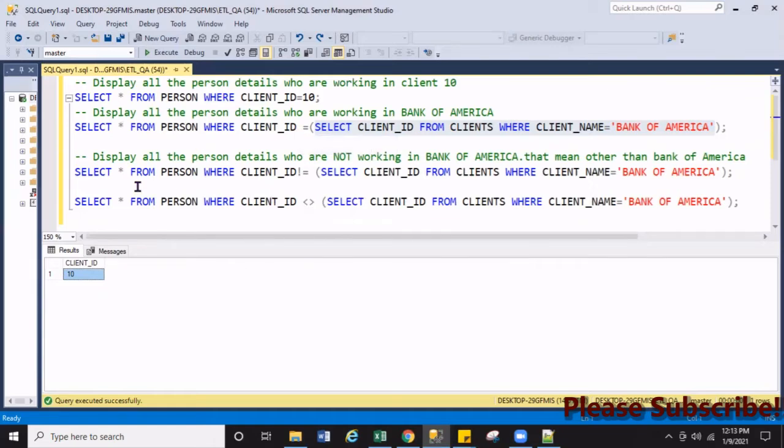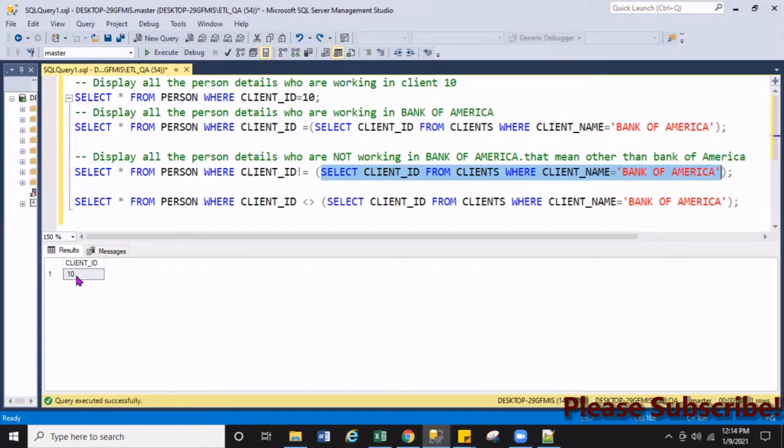Similarly, display all the person details who are not working in Bank of America. That means they are working somewhere other than Bank of America, right? Again I find the client ID of Bank of America by writing the subquery, and I know the Bank of America ID is 10.